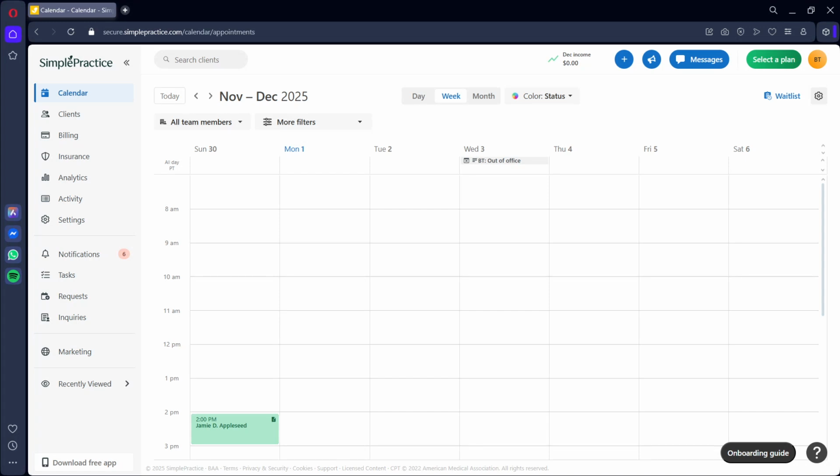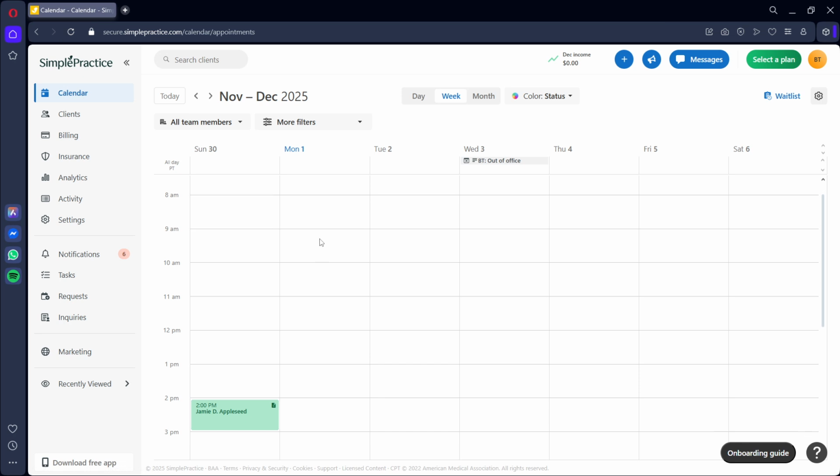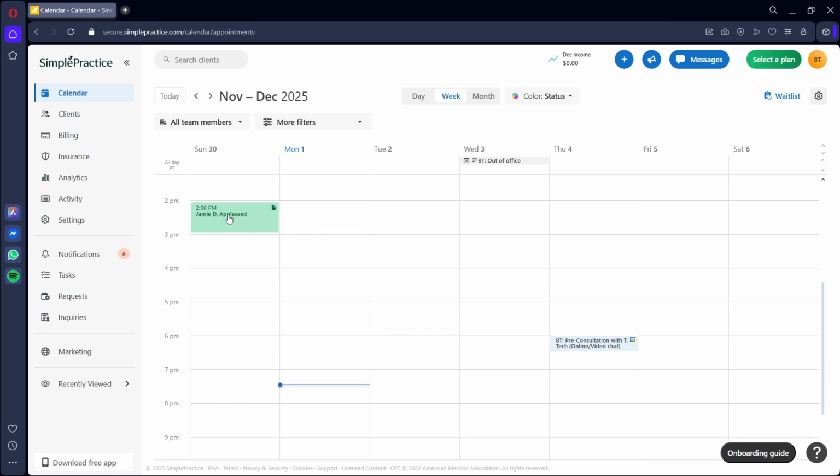In today's video, I'm going to teach you how to lock or finalize a note in SimplePractice. Locking or finalizing a note is the last step in documenting your session. It preserves the clinical record with a time-stamped electronic signature and prevents accidental changes later. This is important for clinical accuracy, compliance, and clean billing, so we'll move carefully and make sure everything is complete